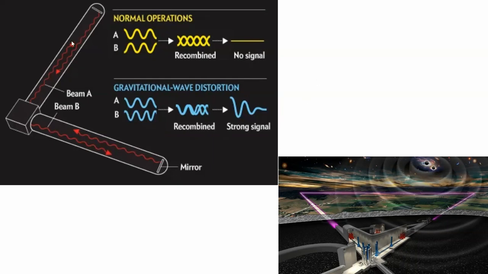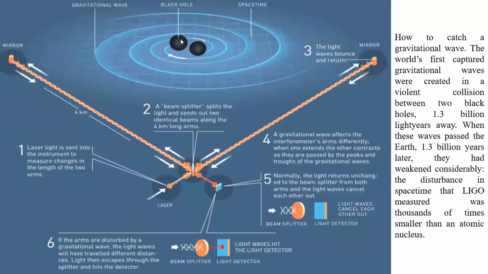The gravitational waves disturb these interferometers, that is, these mirrors. The mirrors either move apart or move toward the detector, and because of that the detection can be seen. This is the LIGO experiment they explained. In general, you can see how to catch a gravitational wave. This was the world's first captured gravitational wave, with mirrors 4 kilometers apart. A signal is generated and it interferes. I have shown it with an enlarged image, and you can go through it.